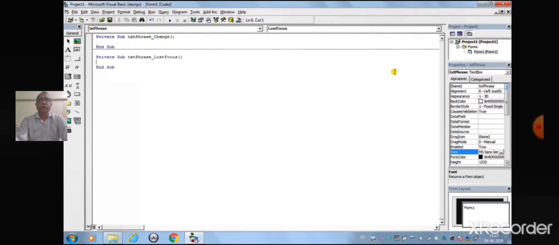Type the line txtPhrase, that is the name of the text box, dot Font dot Size equals 14, between the existing two lines.